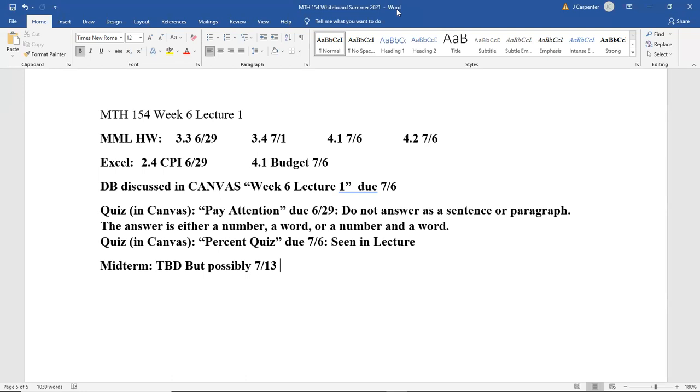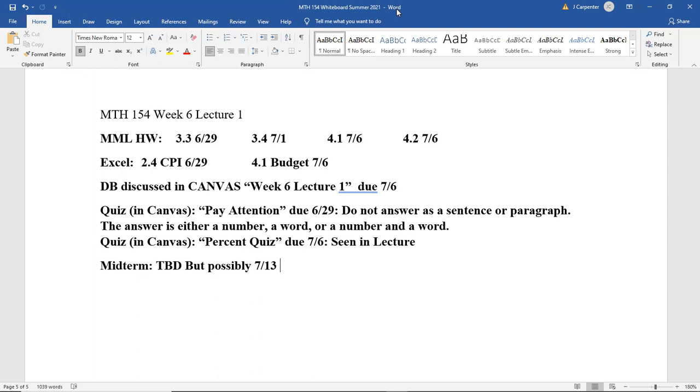Then we're going to have a new quiz as well as an old quiz. So that pay attention quiz, that one's due today. I know one or two of you have emailed me in regards to this, and please, to avoid that, remember to pay attention to the instructions if you haven't taken this quiz yet, because that is generally what happens: someone doesn't pay attention to the instructions, and then it's going to tell them they got a 0 when the answer is arguably right, but you might not get full credit depending on what exactly it was you didn't pay attention to. That's why we have the title of the quiz being Pay Attention. So that one's due tonight.